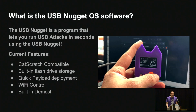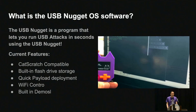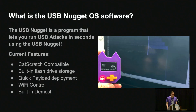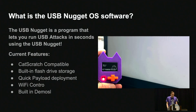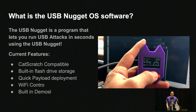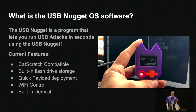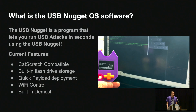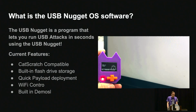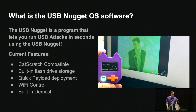So my friends and I also worked on the USB Nugget OS, and this has gone through many updates. The current maintainer is my friend Brandon, but the original creator was a combination of myself and Alex Lin. This is a program that lets you do all these bad USB attacks, and Hack5 actually asked us to stop using Ducky Script. So we now do CatScratch, which is the same. And we have a built-in flash storage drive, quick payload deployment, Wi-Fi control, and a number